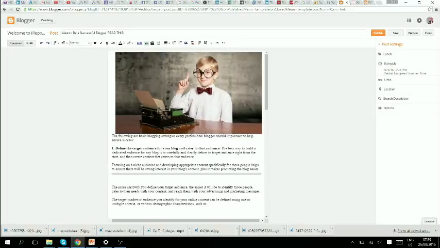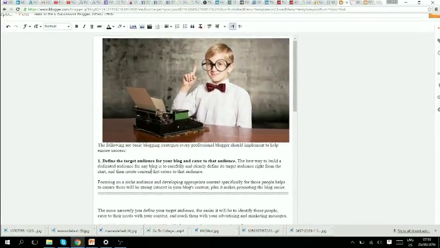Let's zoom on this. Now, you see there are different icons here. This is your post title, and this is the content. You have a picture here, you have a content here. This content that are here, you can use the icon here to format this content. Let's try and do a little work on our